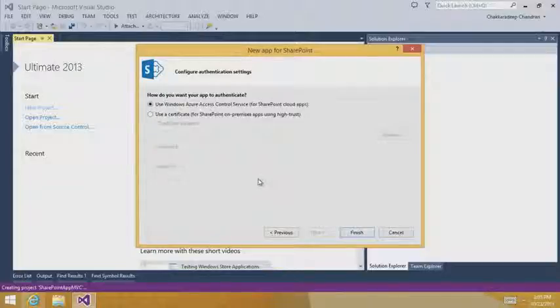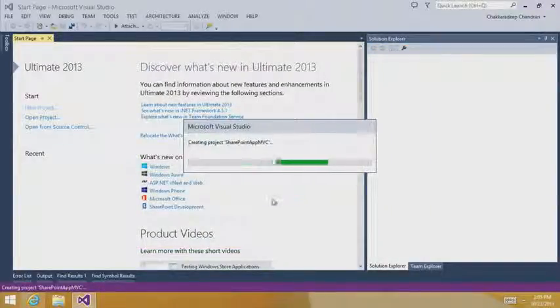An example of such security token service is the Windows Azure Access Control Service. If you are building SharePoint on-premises app using HITRUST, you can choose to authenticate your app using a certificate. For this demo, we will use Windows Azure Access Control Service as our authentication mechanism to authenticate our app with SharePoint. When you click Finish, your app for SharePoint is created and you get two projects: